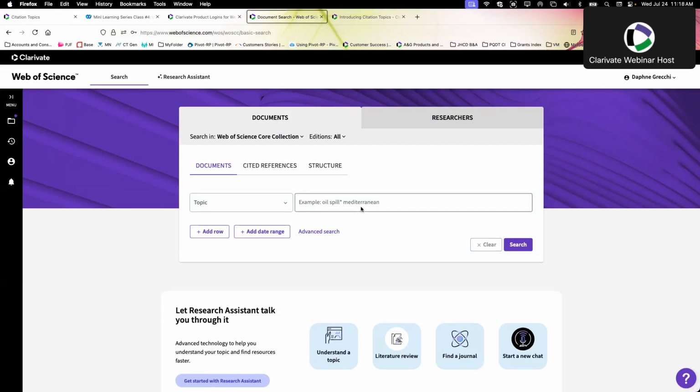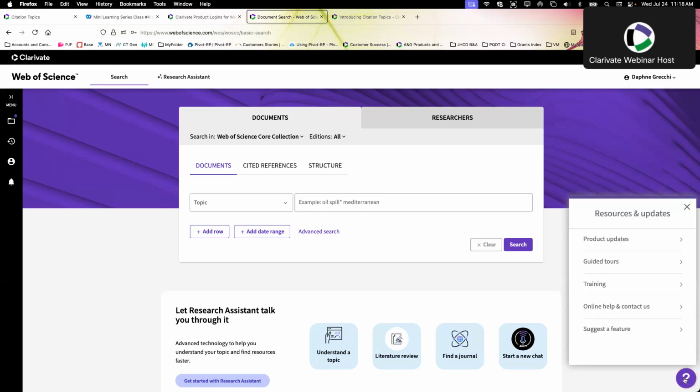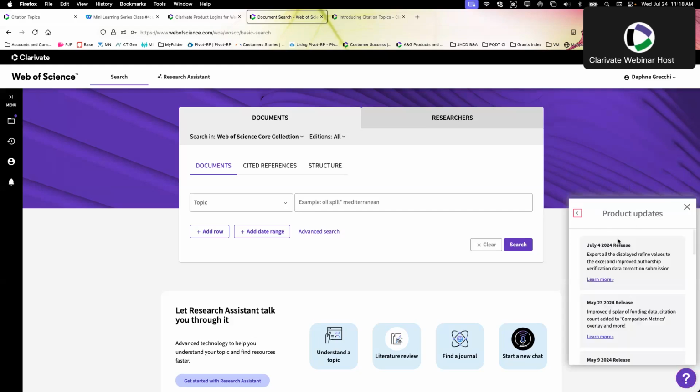If not, it is pretty straightforward. And also remember, I'm going to mention it now before I run the demo so I don't forget, that anytime you're on the Web of Science, at the bottom right-hand side, you have this question mark in the big purple dot. This opens your resources center. Here, not only do you find any product updates that we release, and there's always quite a heavy schedule,